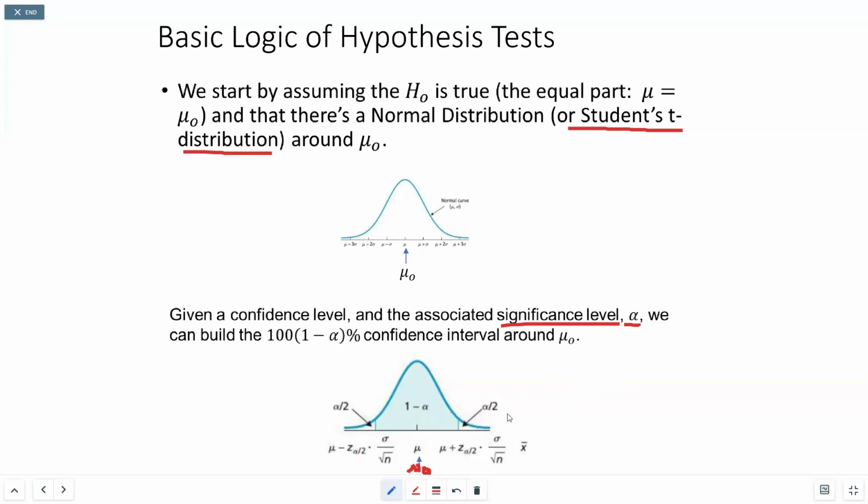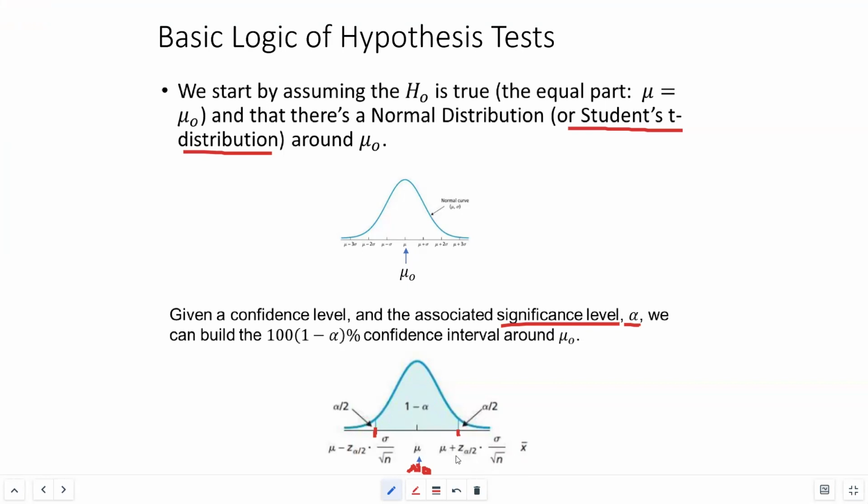Alpha is usually a small number. When you build a confidence interval around the mu naught, which is what we're assuming is true, we're going to take how much error we're willing to live with, divide it in half, and put it in each tail. So we want to figure out the width of this confidence interval right here. We want to know what these values are on the x-axis. And the first one is going to be